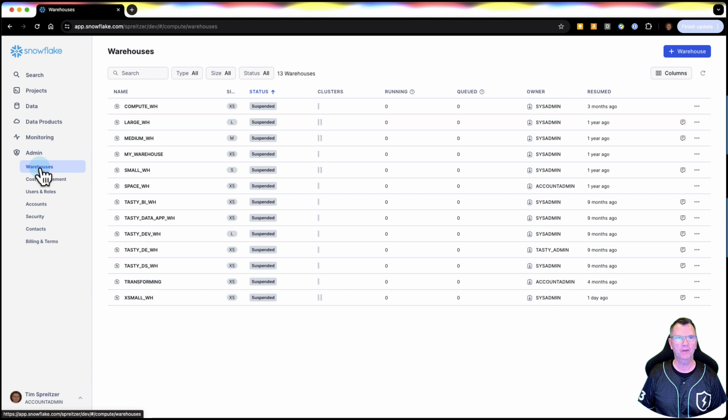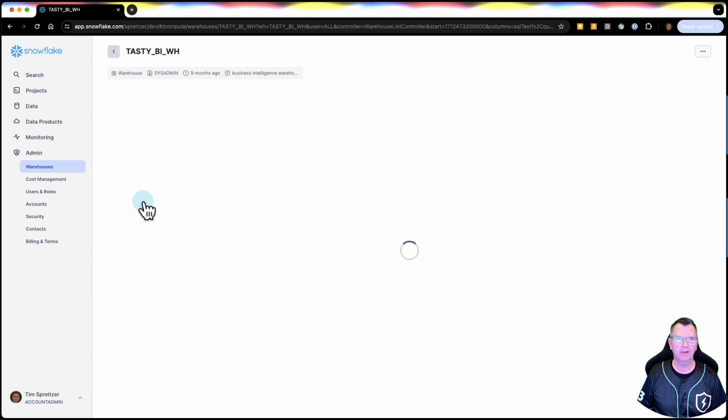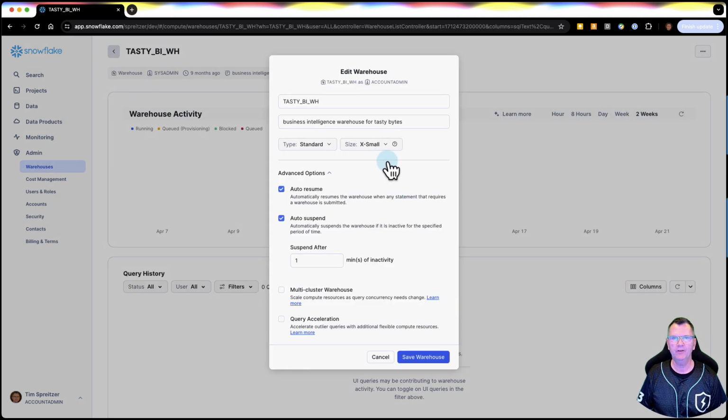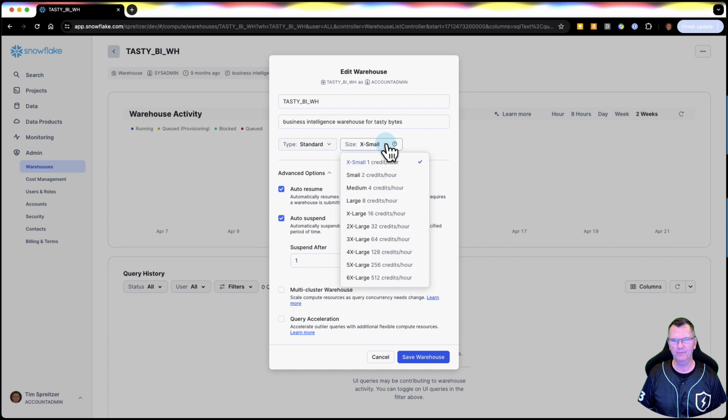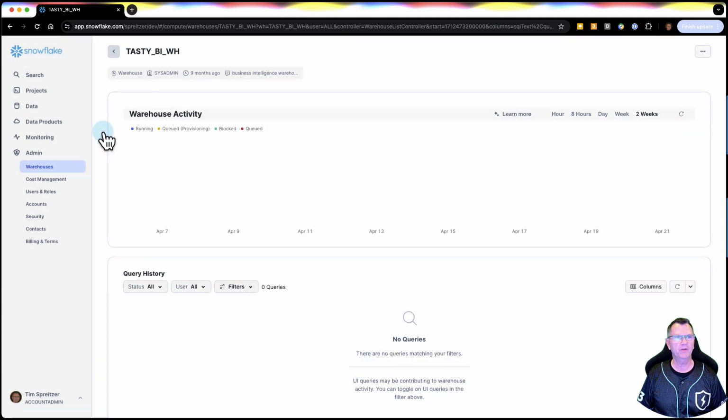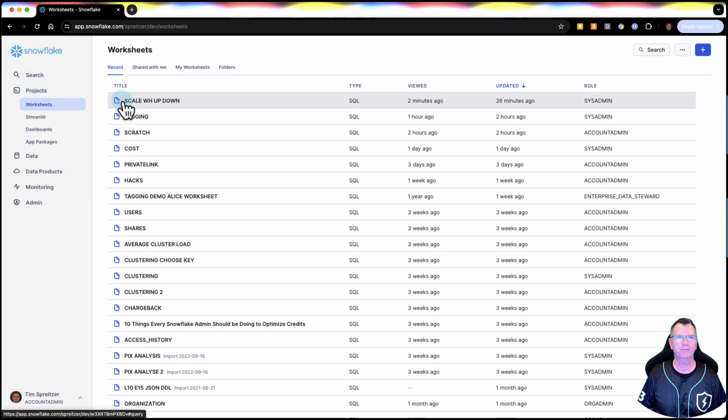If we look at the Tasty BI warehouse, you can click over here and hit edit, or you can click here and hit edit. And you can change the size of the warehouse here. That's the GUI way to do it, and that works fine. But if you want to do it in a script,